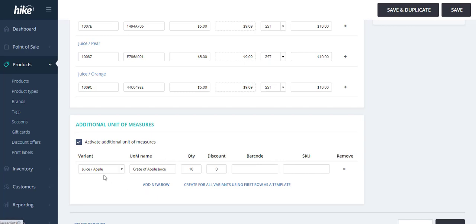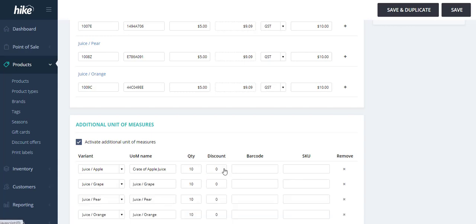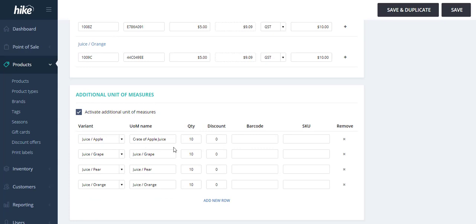And we can simply add a new row from there if you want to define each variant individually, or we can select this option for creating all the variants using just this particular first option as a template. So we select this, what you'll see here is it will pre-populate all the information with additional quantities. Once again, we can just simply update the name of the unit of measure as required. So if we just name these crates quickly,